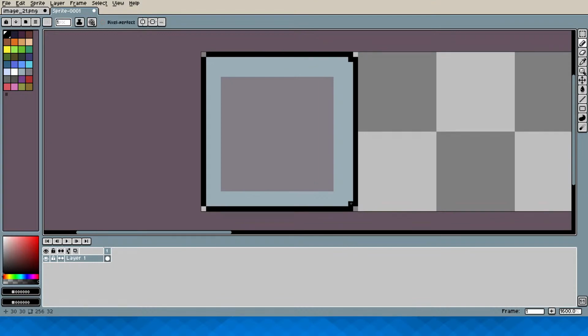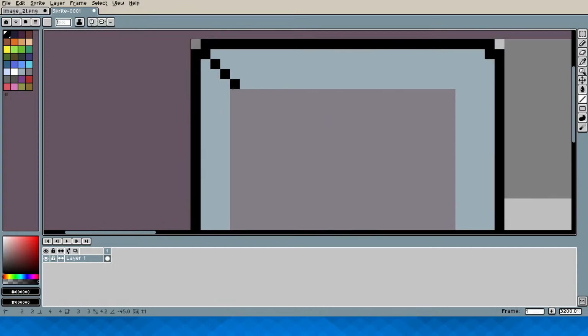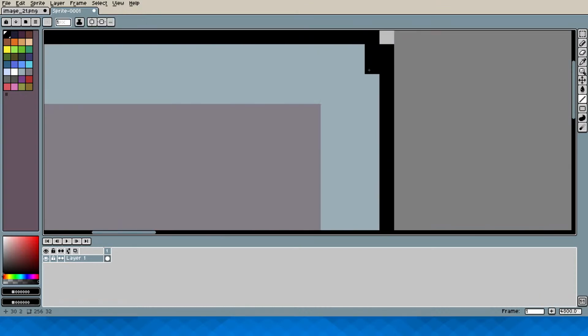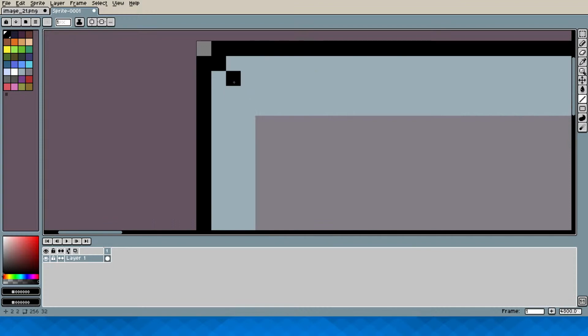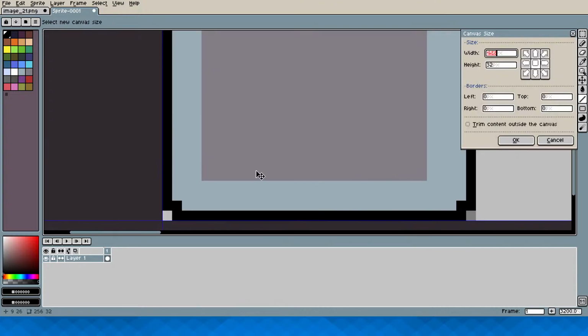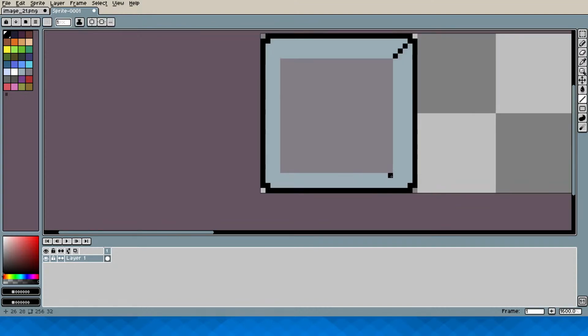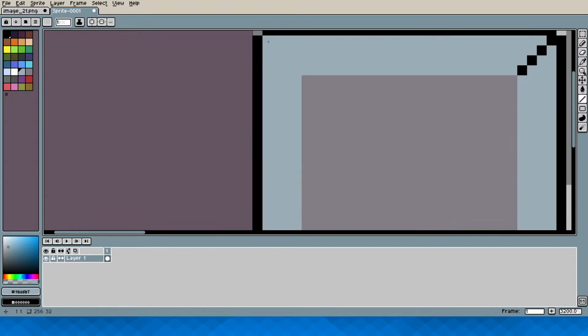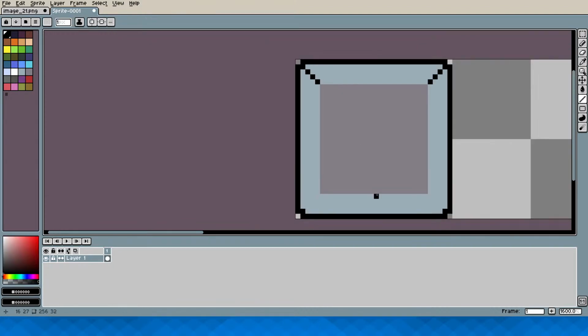Actually, I would like these corners to be inset a bit more. Okay. So I'll just add... Ooh. Wait. That does not look right. This is correct. This is not. What's going on here? Why is everything going wrong right now? Just having a bad day.